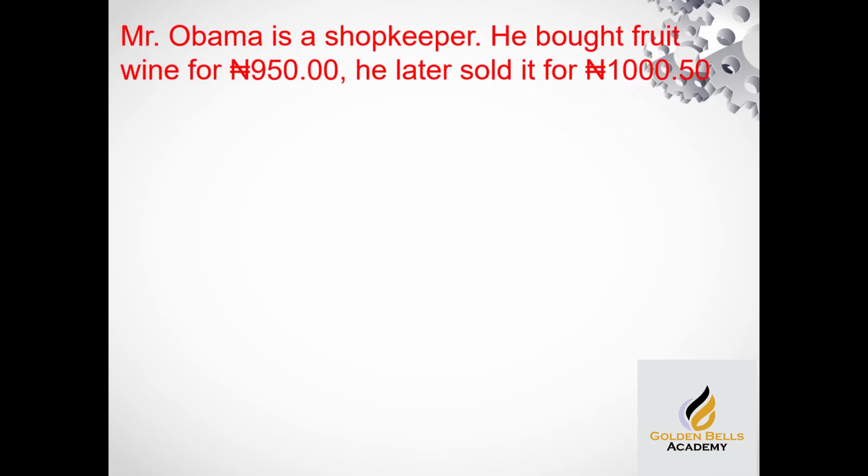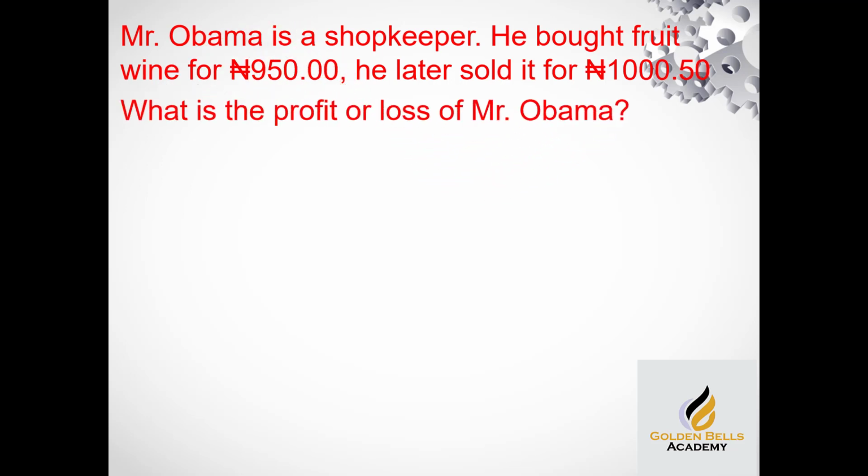Mr. Obama is a shopkeeper. He bought fruit wine for 950 naira. He later sold it for 1000 naira 50 kobo. Did Mr. Obama make a profit or loss? We don't know. Let us look at it. Now, the solution is this. We said the cost price of this wine is 950 naira, while the selling price is